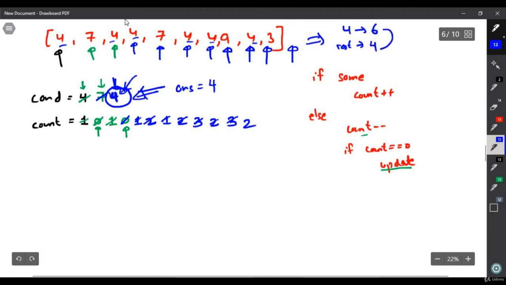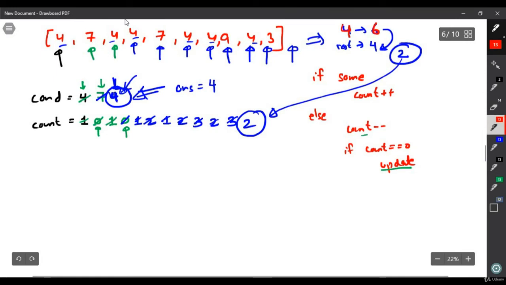If you subtract 6 minus 4, which is 2. Okay, this 2 and this 2, this is same. Since 4 was the majority element, if you subtract the majority element from the rest of the elements, the majority element will exist till the end. This is the main logic. So this is the majority element and its count after subtracting from all other elements is 2. You can see 2.